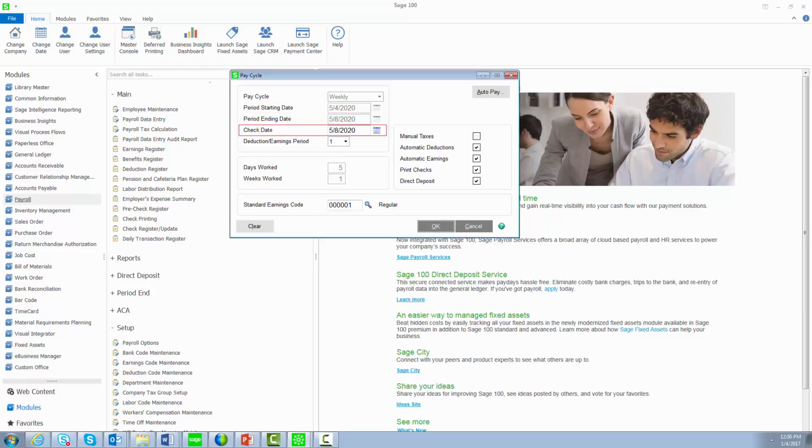The check date is the date that will print on the paychecks and is used in payroll tax calculation to obtain tax rates and limits. It is also used for tax reporting purposes. To ensure the accuracy of your reports, it is critical that you keep the check date in the current processing